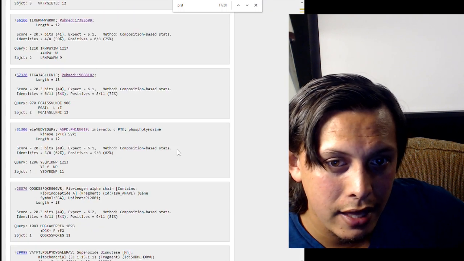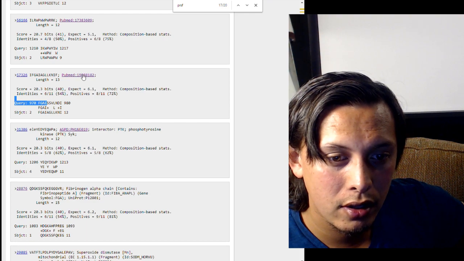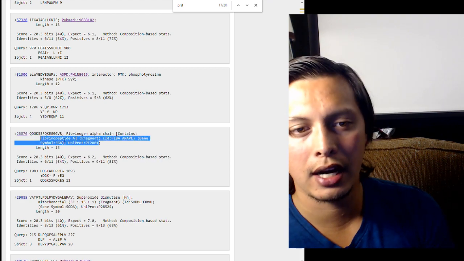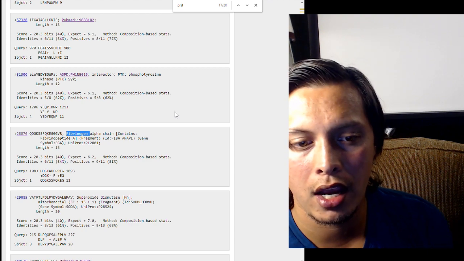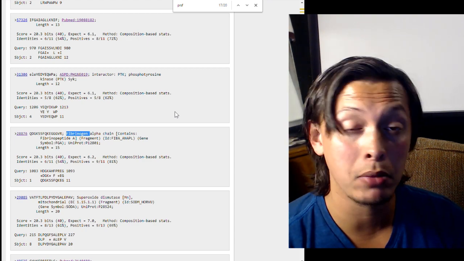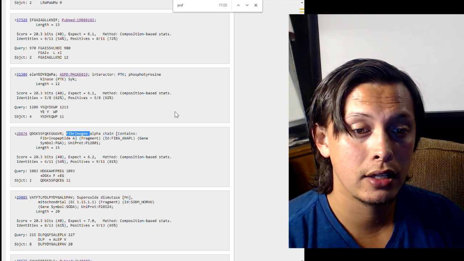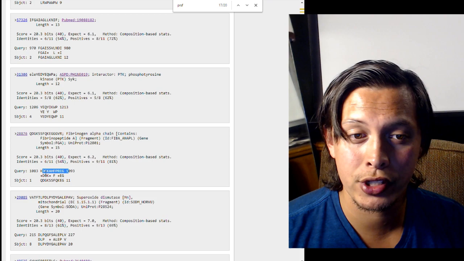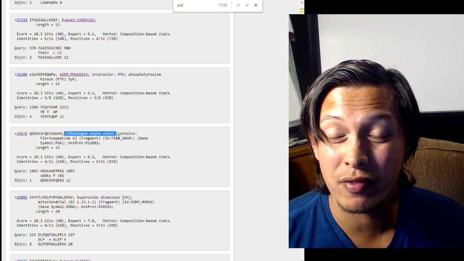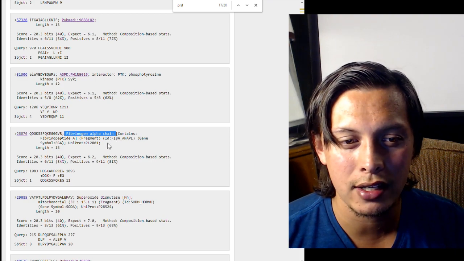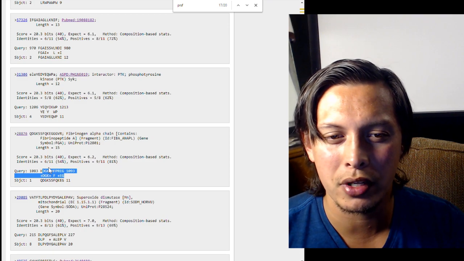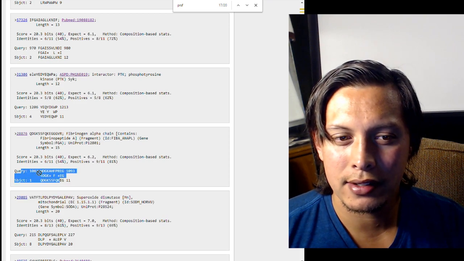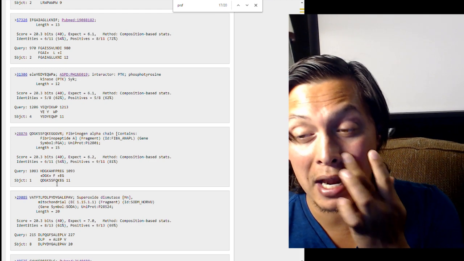So I think, at least for this one, I found interesting the fibrinogen alpha chain. So fibrinogen is the precursor to forming blood clots. So here we have a sequence that is pretty similar to a portion of the fibrinogen alpha chain. Now, granted, fibrinogen is a very large molecule, if I remember correctly, so it's relatively easy to have sequences that would partially align. But just be warned, if you are making antibodies against this sequence of the virus, those same antibodies might theoretically